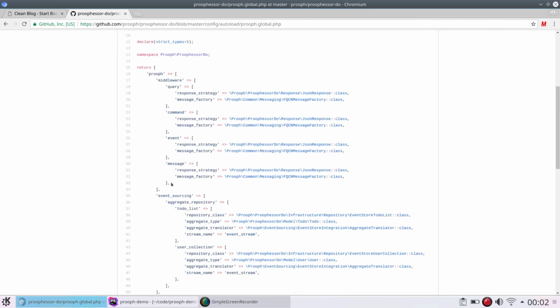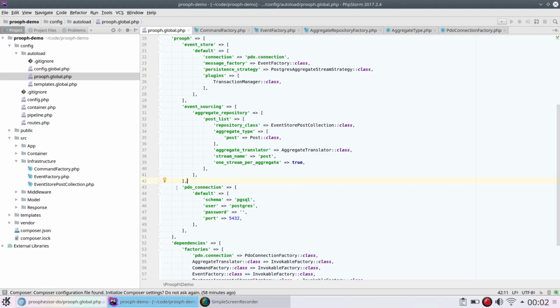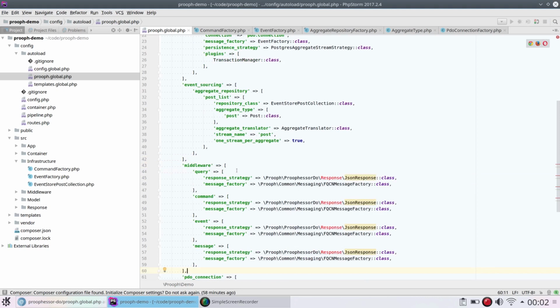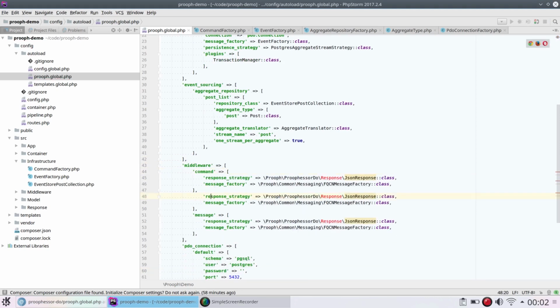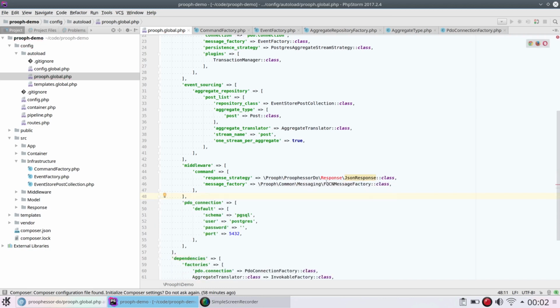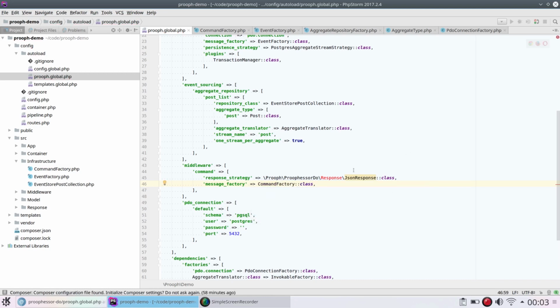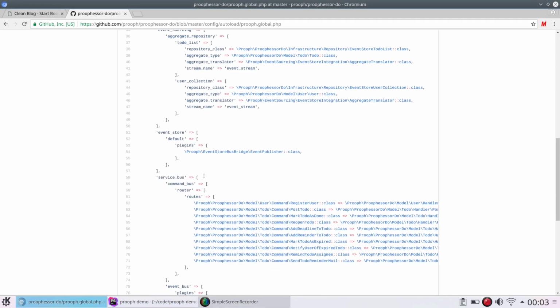We have a PSR7 middleware, and we don't have query right away, we don't have event or message right away, but we have here the command factory, and we have the Json response. So we have those available,